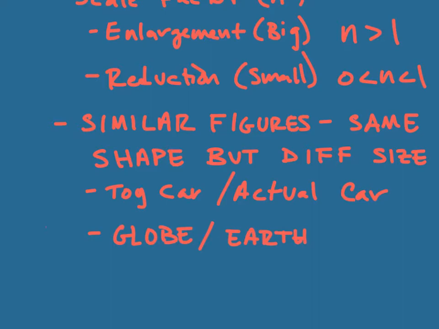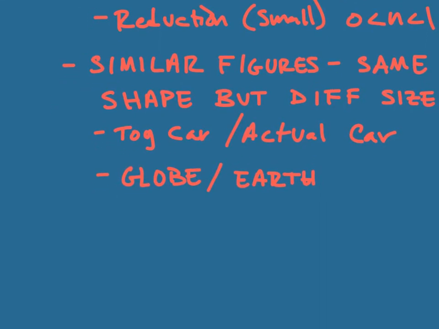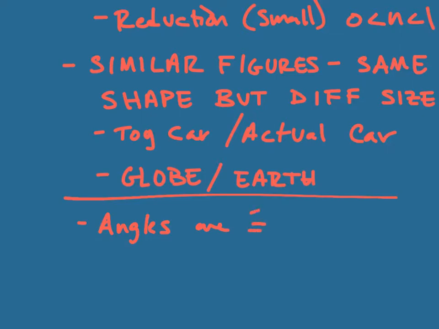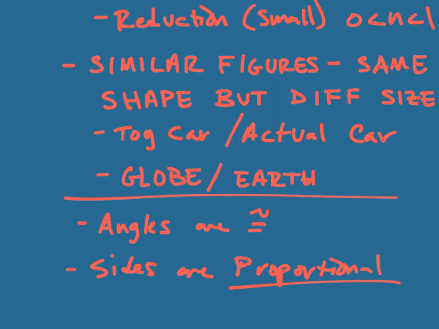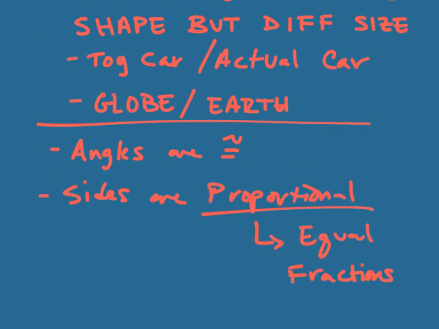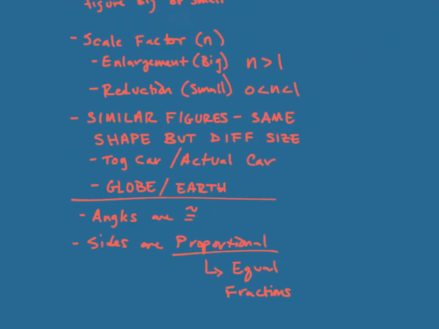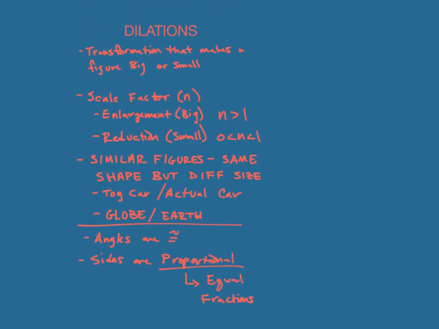Now, some properties of similar figures means that the angles are congruent, and that the sides are proportional. Now, proportional means that we have equal fractions, okay? And we'll talk more about that in further sections, but I want to use all of this information here, okay,